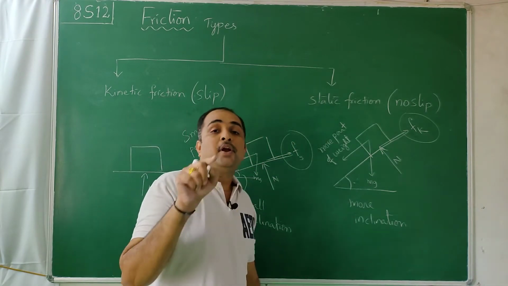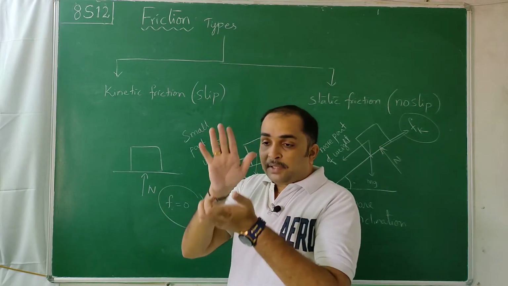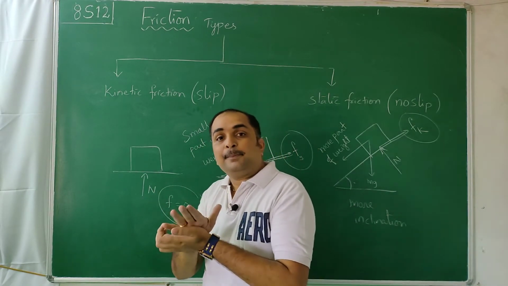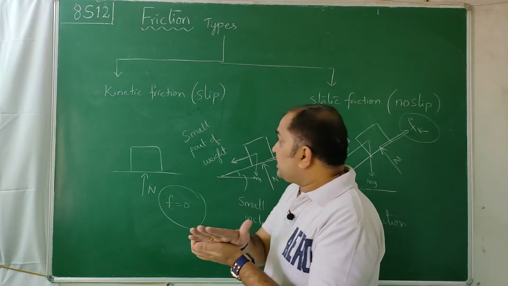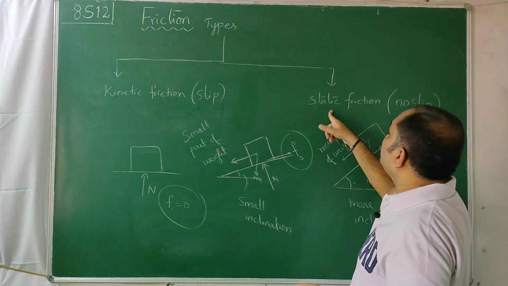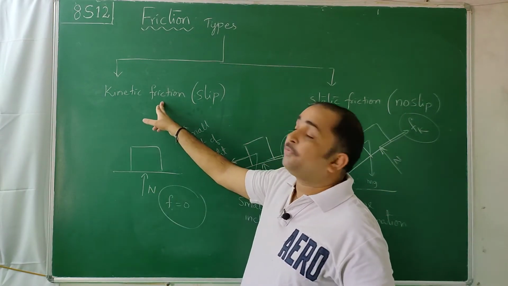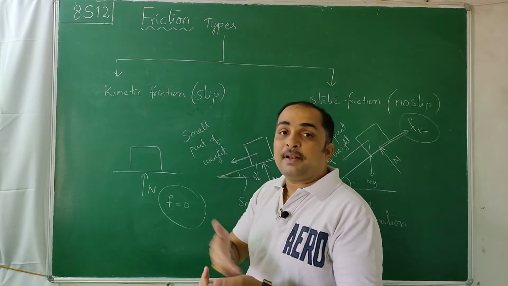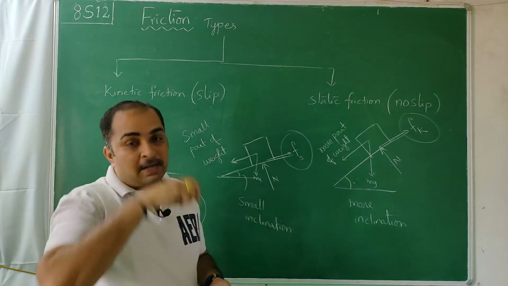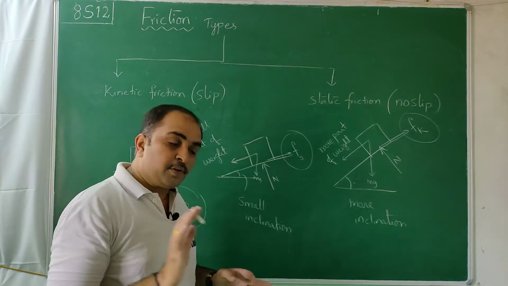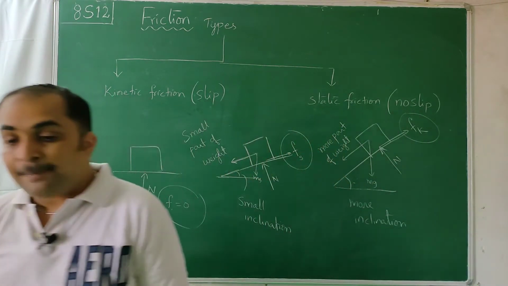But still, in your textbook, they have made a mention of rolling friction. When two surfaces are in contact with each other and there is no slip condition, and if there is an opposition acting, that leads to static friction. When there is a slippage, that leads to kinetic friction. When a body is rolling, the friction acting, they call it rolling friction, but it doesn't exist. Don't worry, I am telling you the truth. This is about types of friction.